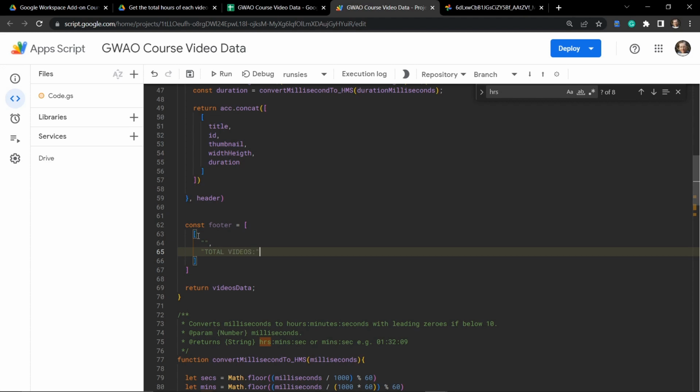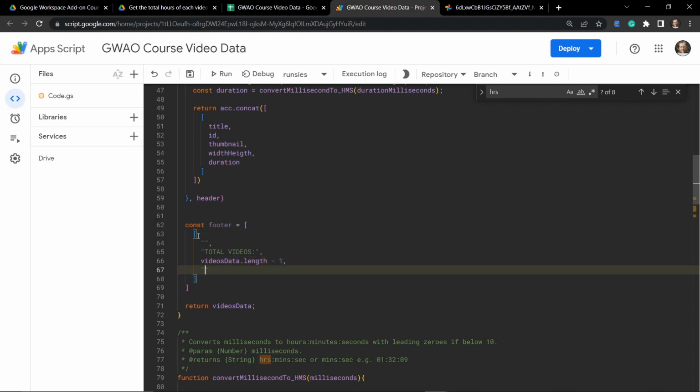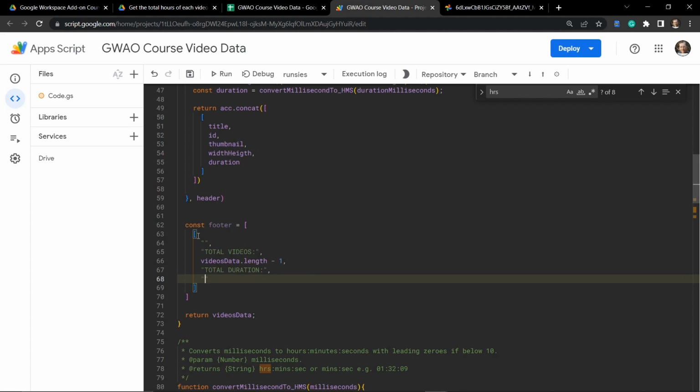Put a colon there, and then in the next column is going to be actual total video length, and we can get that by going videos data dot length, and this is going to include the header in it, isn't it? So we need to subtract 1. Cool. And then we also need the total duration. So total duration. Oh, and we'll put a colon in there, comma, and that's going to be the count of the total duration